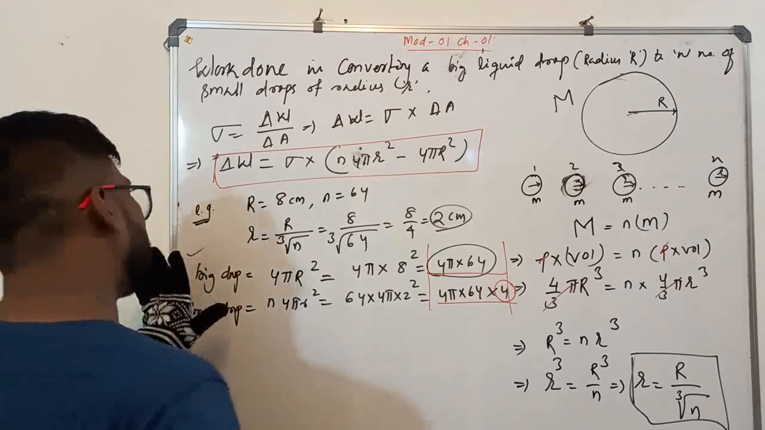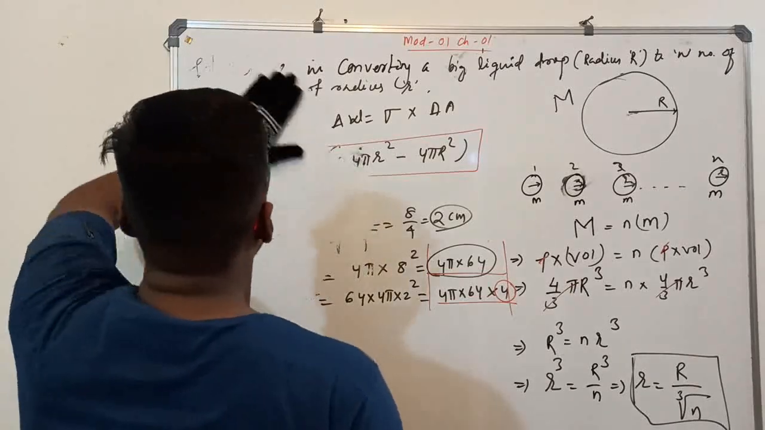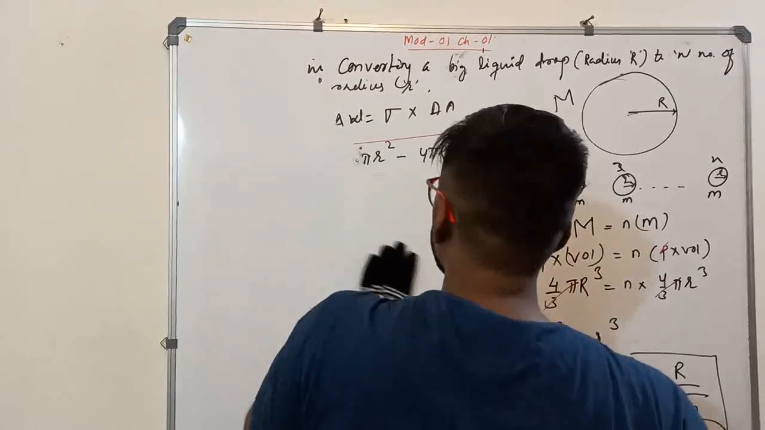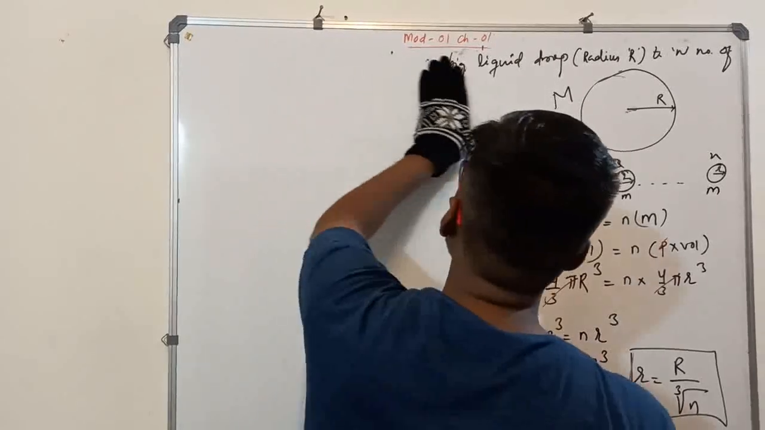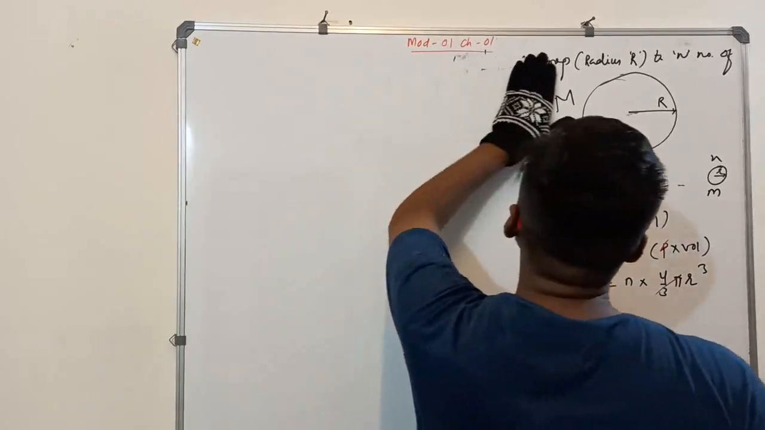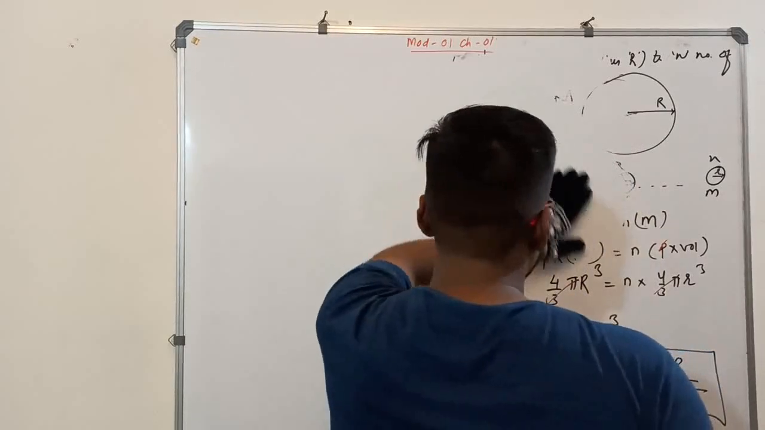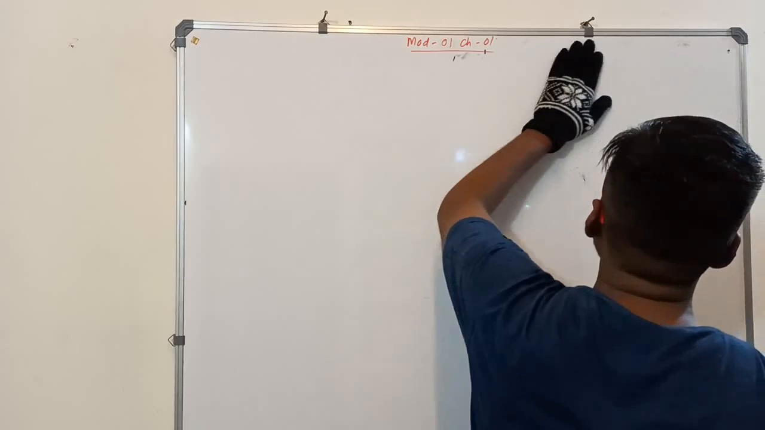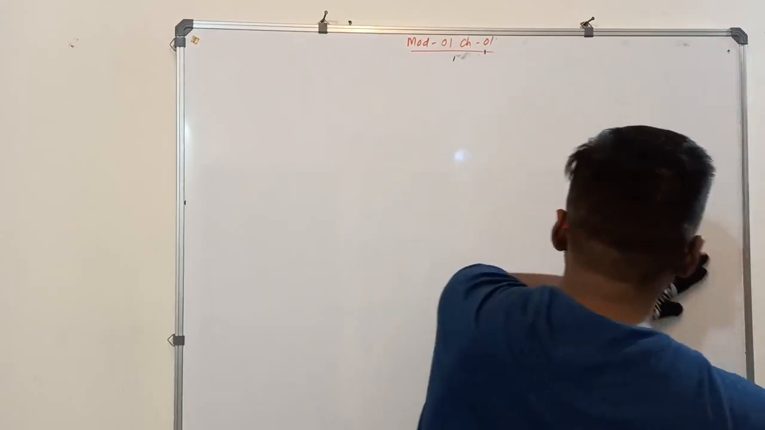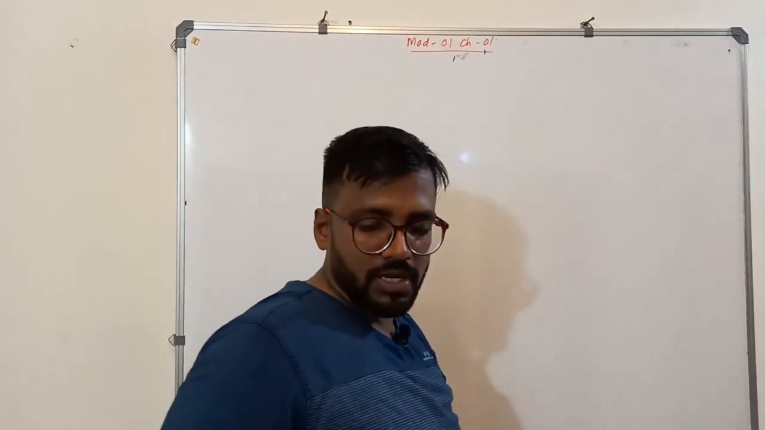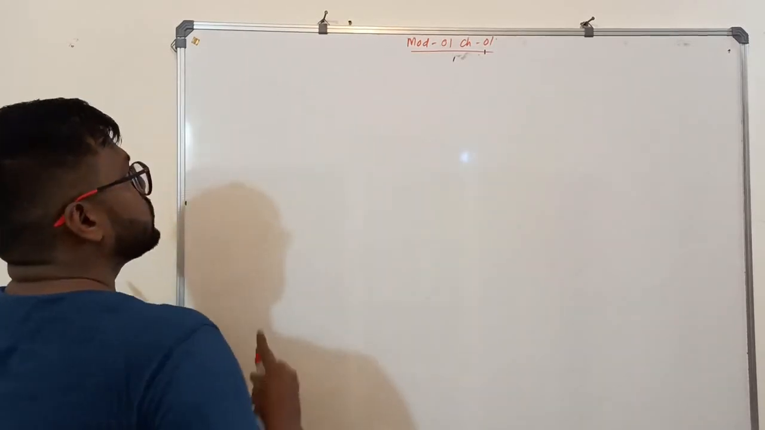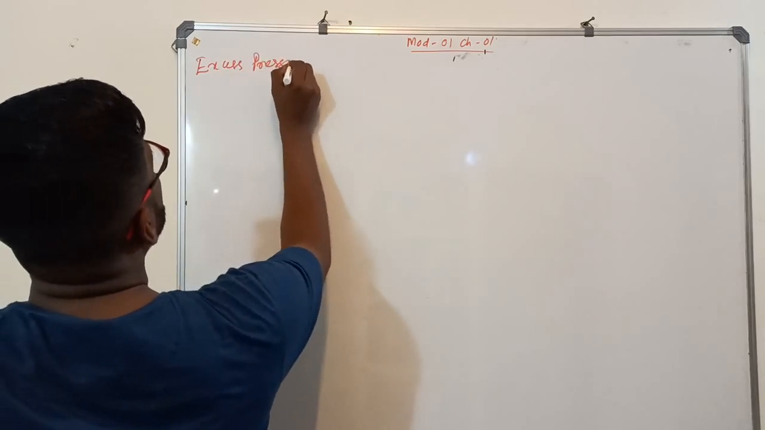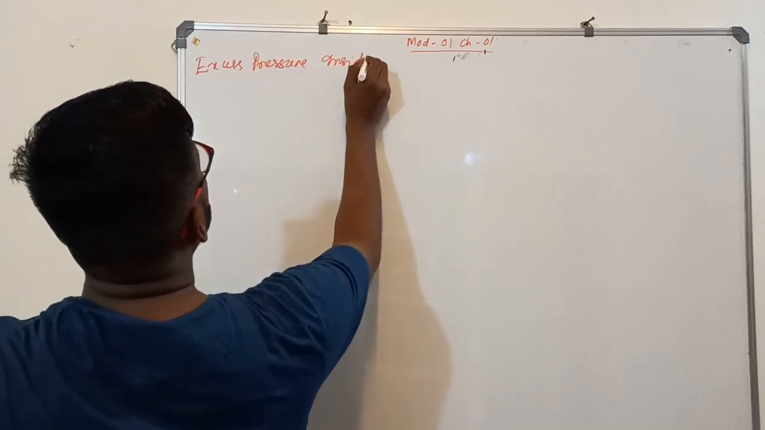Clear? Okay. So the next topic is also interesting. Be it a water drop, be it a soap bubble, be it a liquid gel, they are having excess pressure inside them. We are now going to calculate the excess pressure inside a water drop, the excess pressure inside a soap bubble, and the excess pressure inside a liquid jet. So excess pressure inside